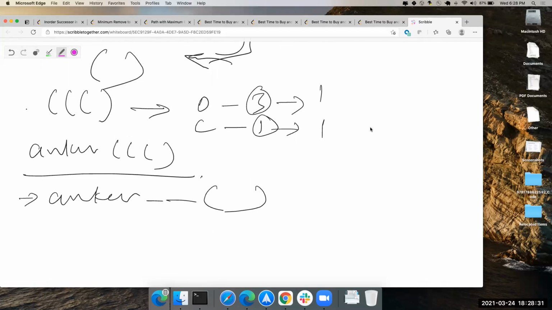But it has to be added at the index where they were originally present. So you will form it as you iterate through your array, and you will only insert as many opens and closes as you can have. Basically, the minimum of open and close is what you can have. So that many opens and closes you insert, and because they have to be at the same exact index, remember this is not about removing characters. You're not changing the original string.